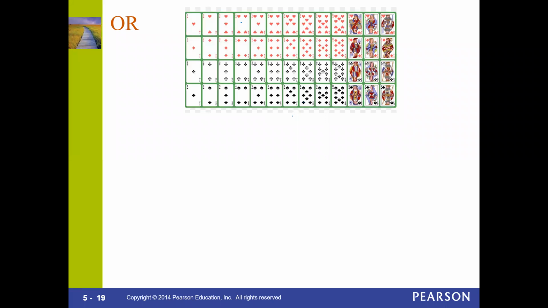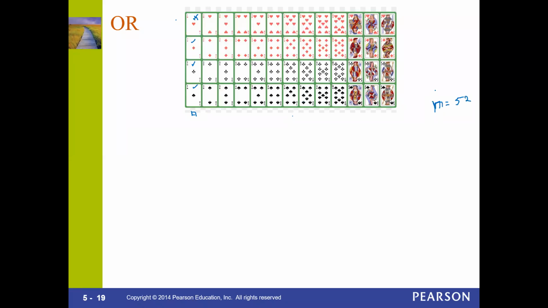Again, you got 52 cards here. The ace will be the one on top. This can be the ace right here. Okay, we got 4 aces. So this one is the ace of hearts. You got this one, that one, that one, that one. And then we have a total of 52 cards.